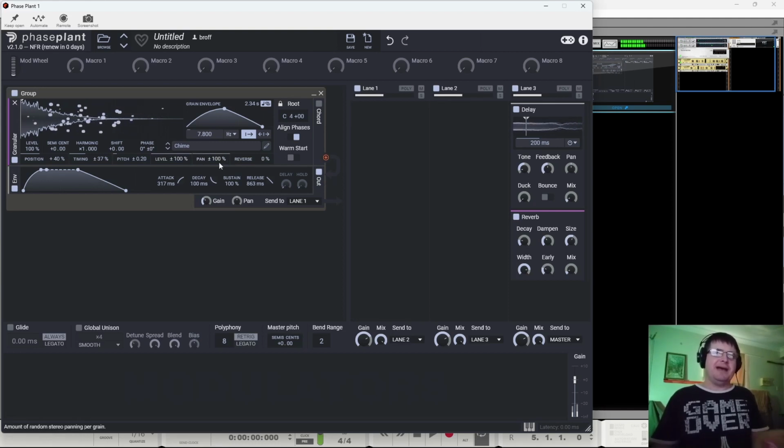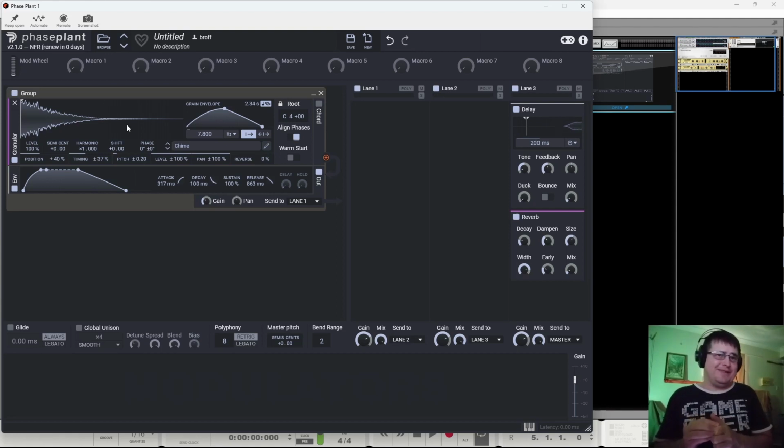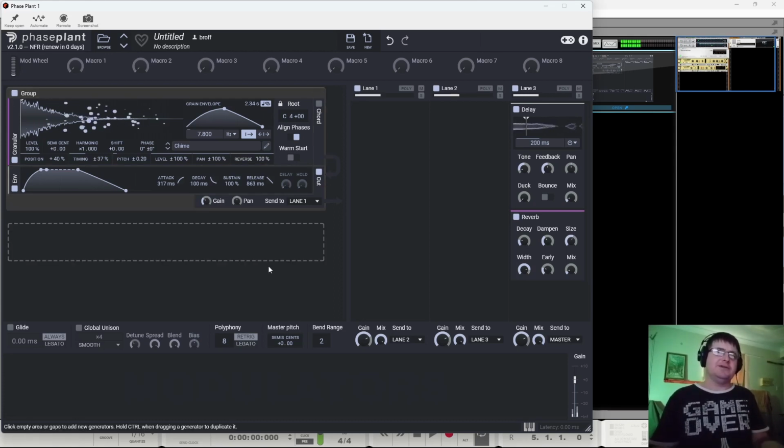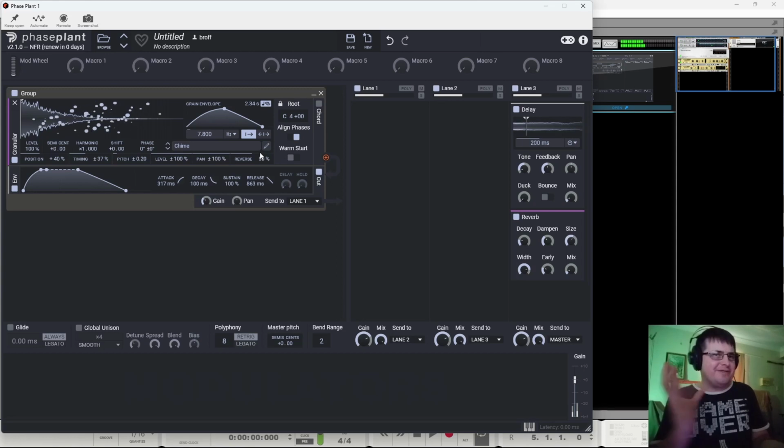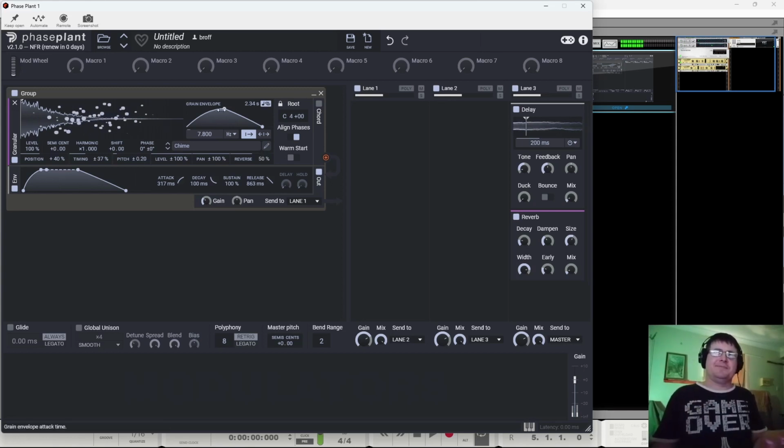We can also change our panning randomly so they appear anywhere in the stereo left-right field. The animation looks cool. It's probably not necessary, but it does look cool, very in keeping with the kilohertz thing. We can then set our grains to go forward or backwards. If we set half of them, we get that feeling of it going around. If we set that back to a hard start,